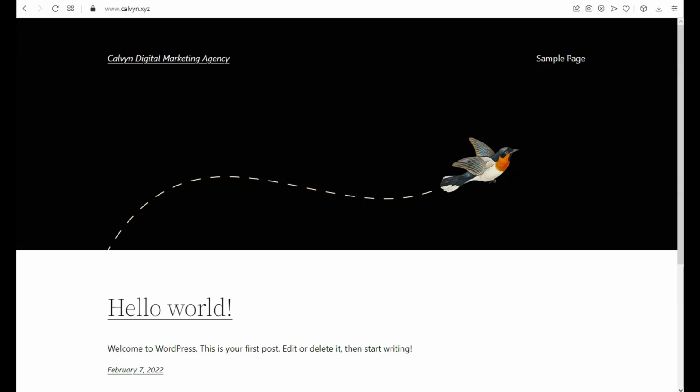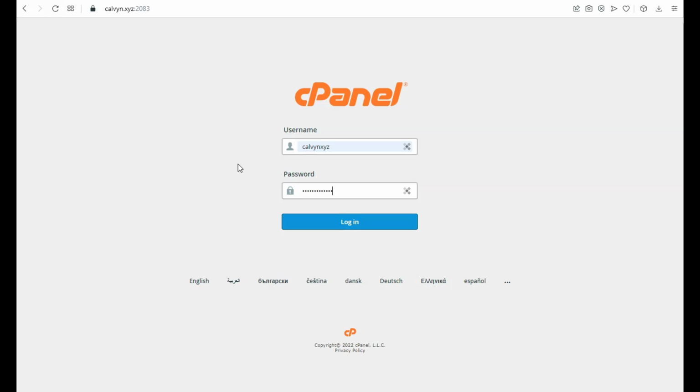With just a few simple clicks, you can provision the whole WordPress website in your web hosting without needing to upload the files via the FTP software, manually create the database and username, and proceed to the step-by-step installation. Okay, now what we need to do is go to our cPanel control panel,